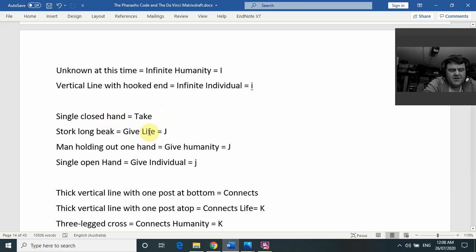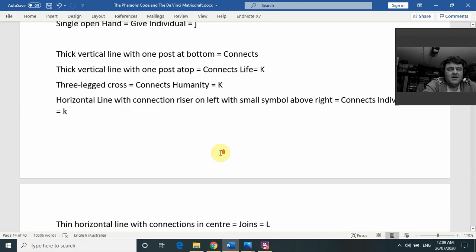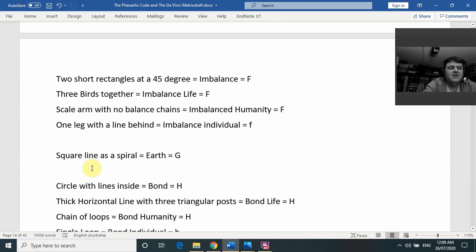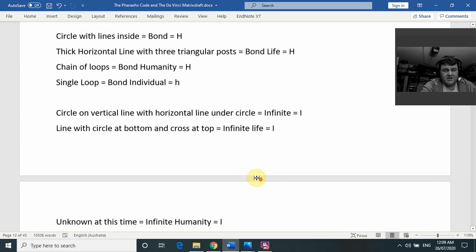I'll put it here with the give, but I believe it relates closely to the earth. And the reason for that is that, as you'd know, the earth doesn't actually give anything to us, does it? We have to take from the earth. That's what we do. So this take symbol may be the counterpart to the G back here, which is sitting on its own. It may be a second reference,